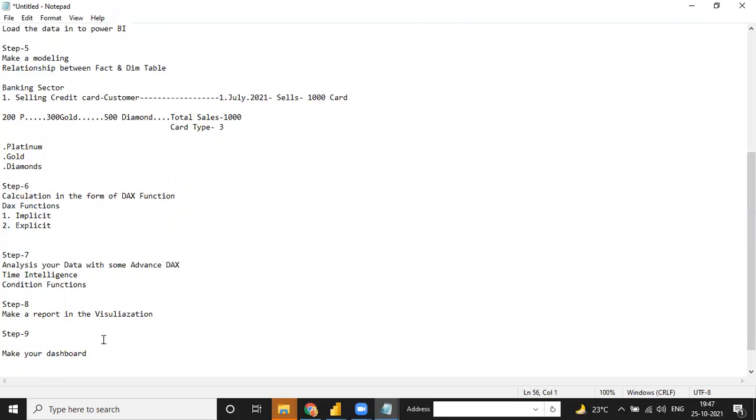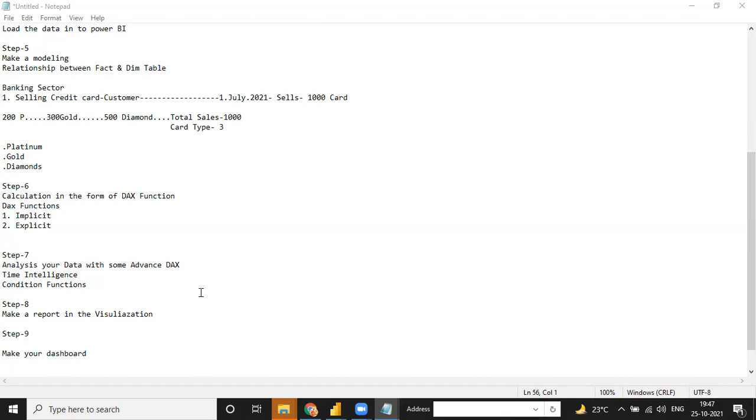And guys, I'm going to ask you one question. What is the difference between this report and dashboards? Anyone? What is the difference between these reports and dashboards? Anyone, guys? Shweta, Ritu? Guys, any knowledge you have like earlier? Jasmeet, you tell me. What is the difference between these reports and dashboards?